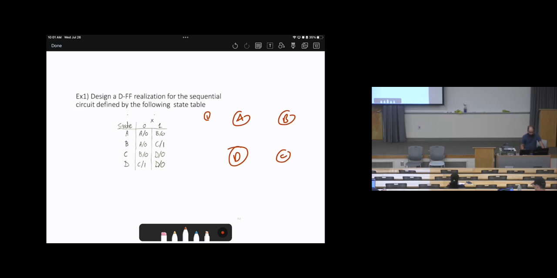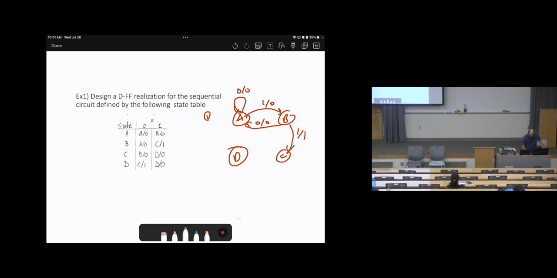This is in Moore model. Mealy model actually, because Moore model will include the inputs at the states. So let's follow him. If the input x is 0, we will remain at A. The output is 0. If the input is 1, we will go to B and the output is 0. While with B, if the input is 0, we will go to A and the output is 0. If the input is 1, we will go to C